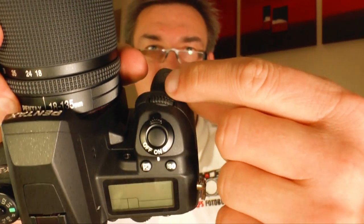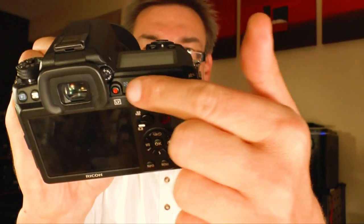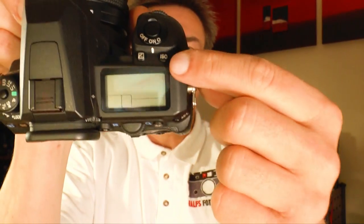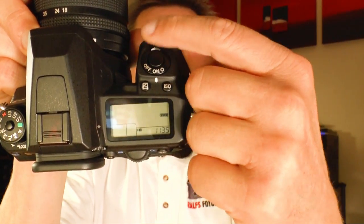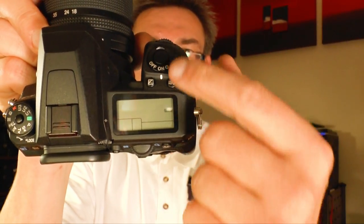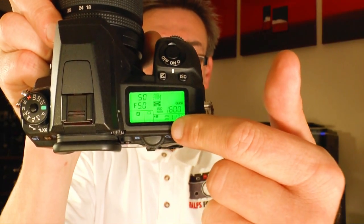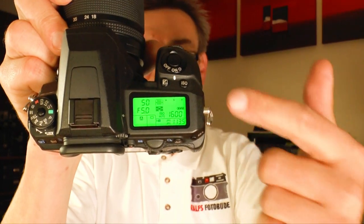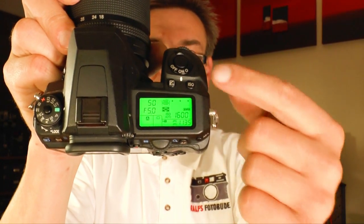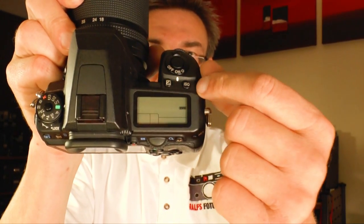Then on the front we have dial number 1, and on the back side we have dial number 2. Then you have the shutter release and the on-off switch. You see the light of the top display. If you press the button here, the light on the top display starts immediately. So that's one real nice feature. You don't have to press an extra button to get the light for the top display. Here you have the exposure correction button. Then you have the